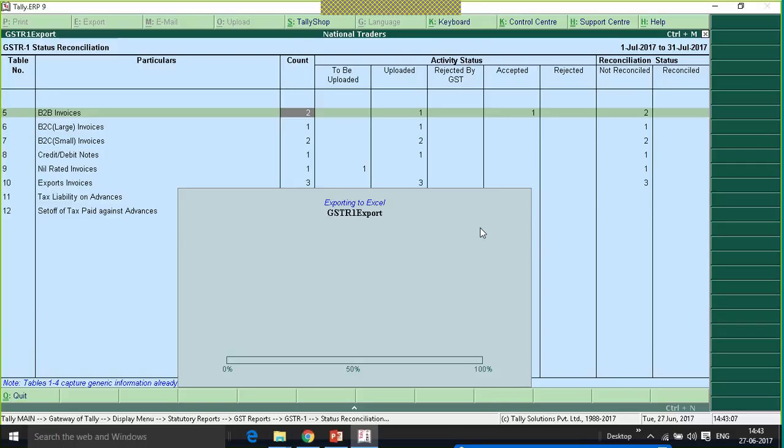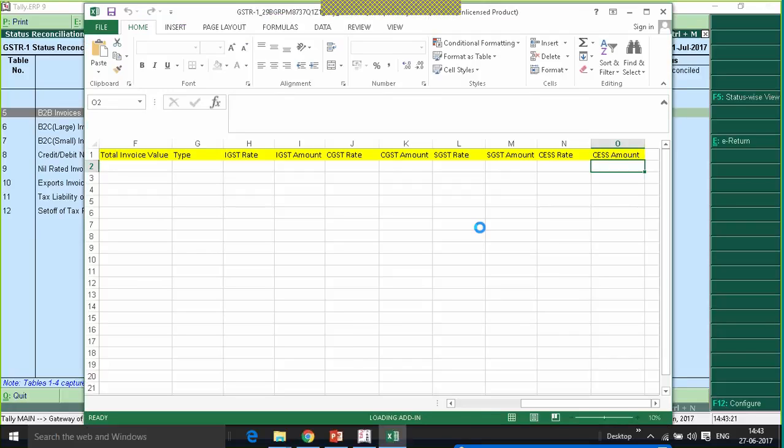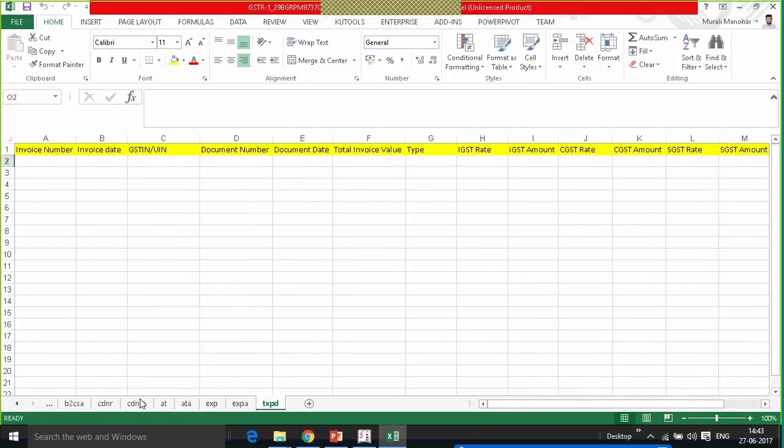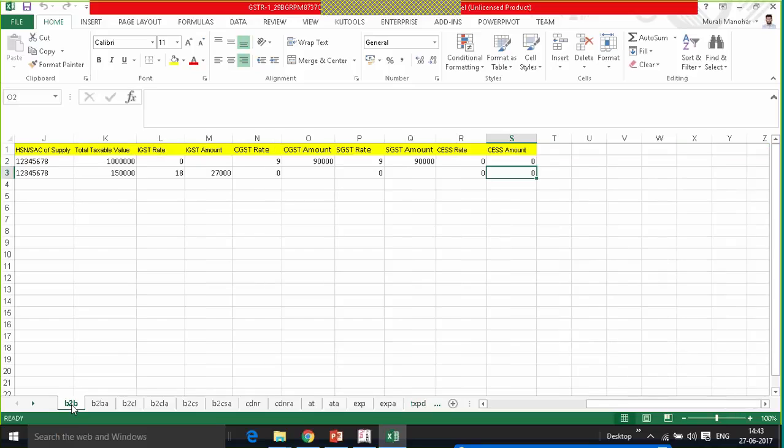So the form is getting exported. Here we have supported the offline capability of filing the returns. The form will get exported in Excel. The exported form will look like this, and it will contain sheets based on the tables.